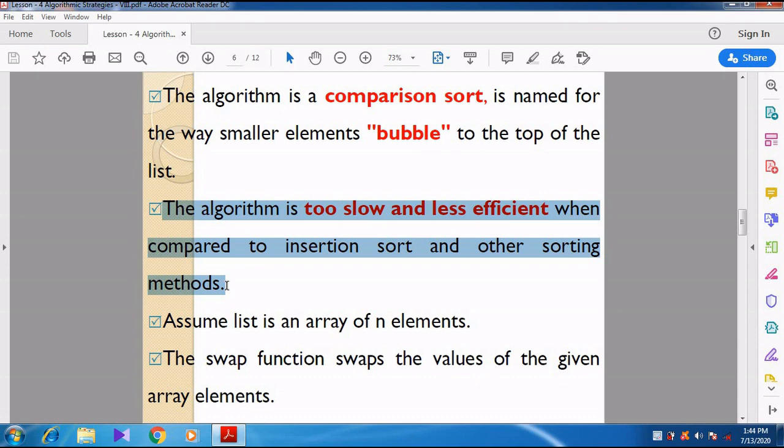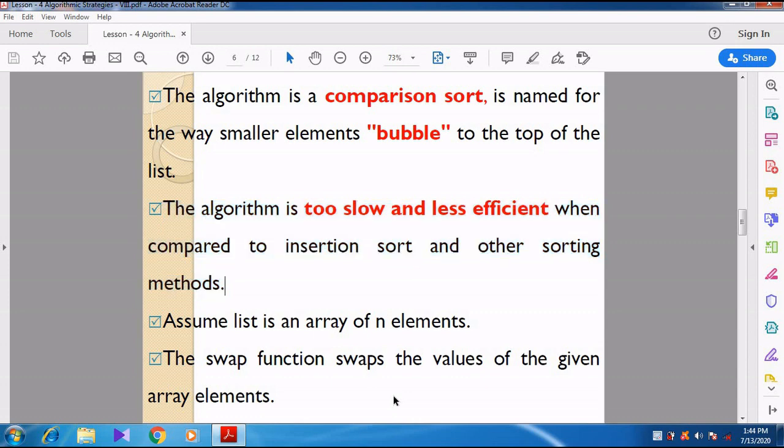The bubble sort algorithm takes much time because it compares each and every element one by one, and then the swapping process goes on. So this algorithm is too slow and less efficient compared with other sorting methods.